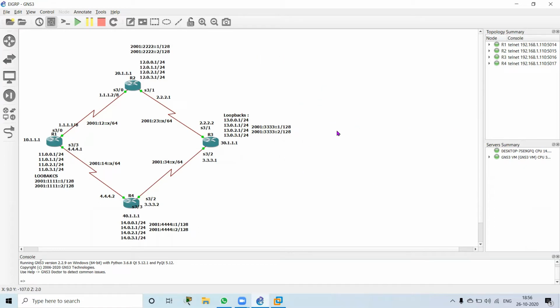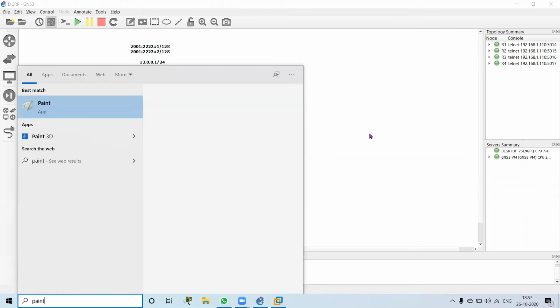we'll start with eBGP, external BGP. External BGP neighborship. Now how is external BGP neighborship done? Okay, so external BGP means we will be running different autonomous systems. Okay, so what I will do,